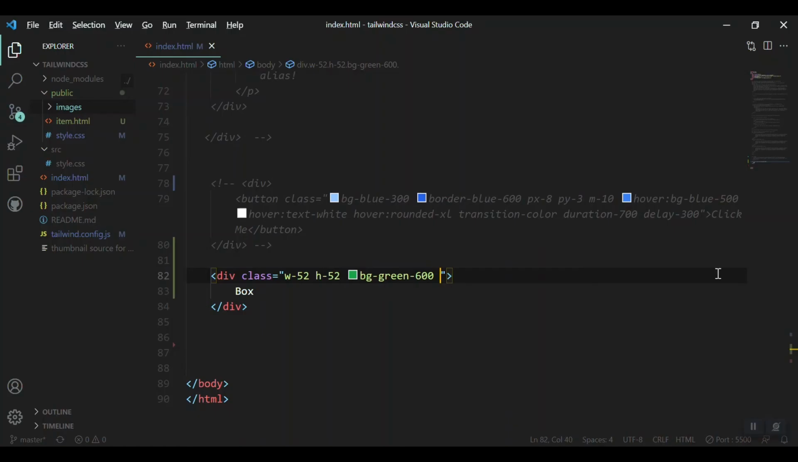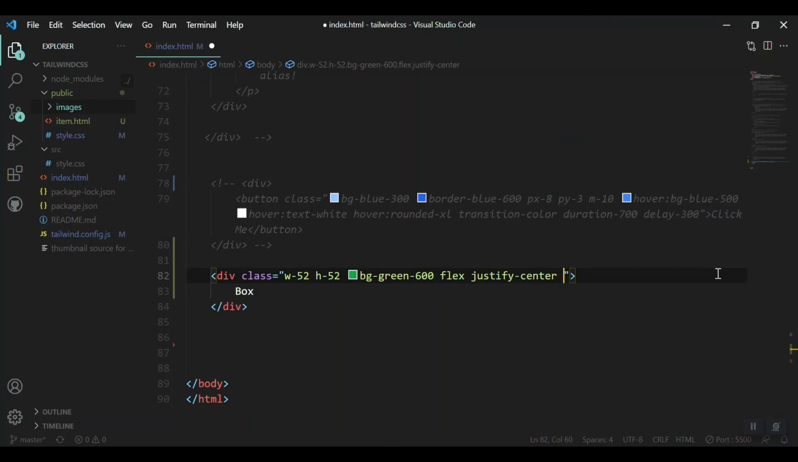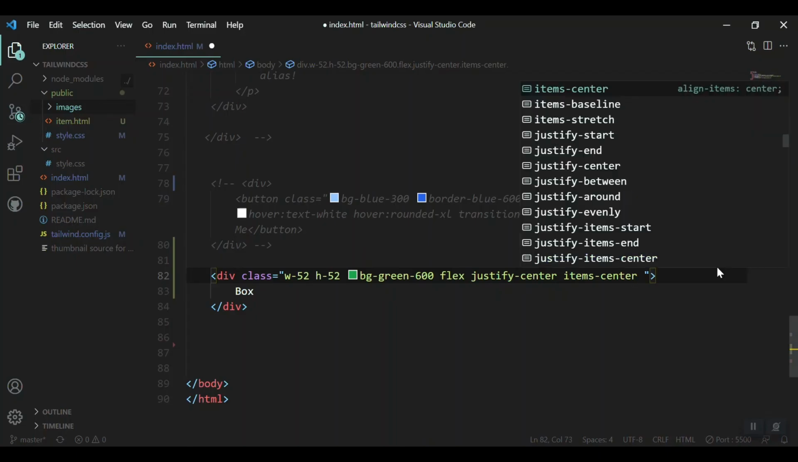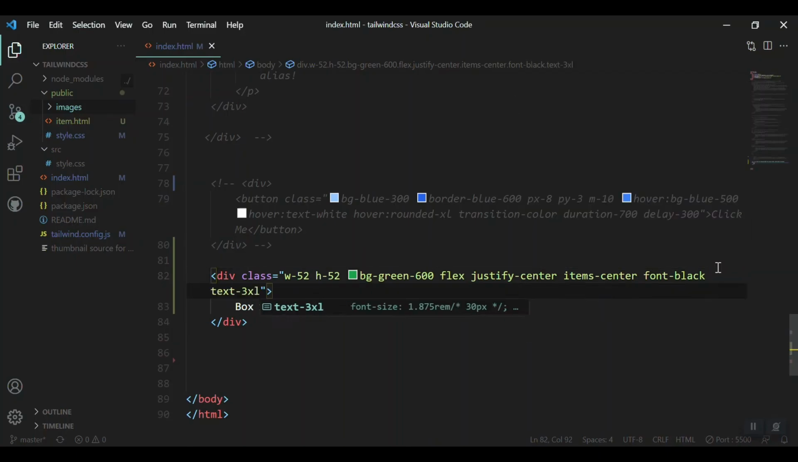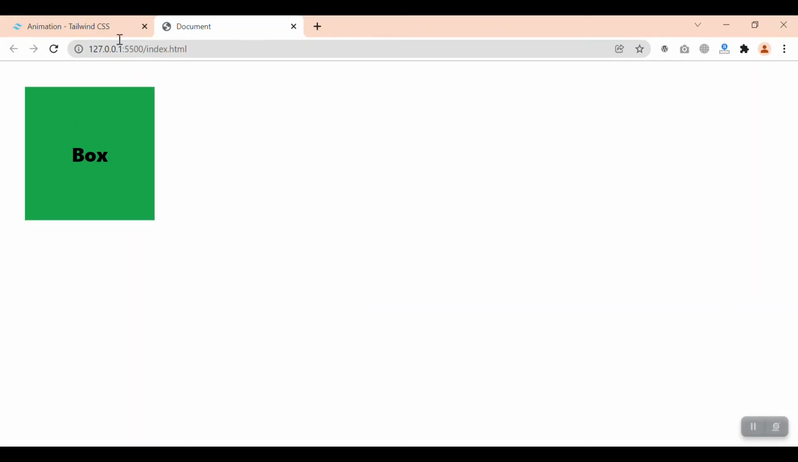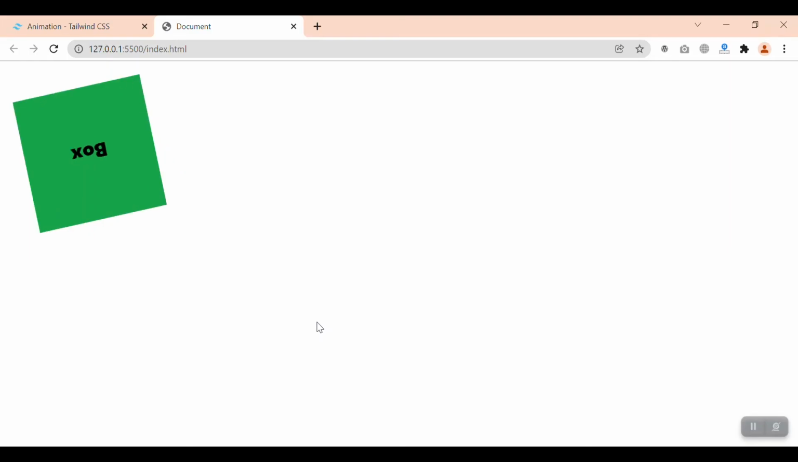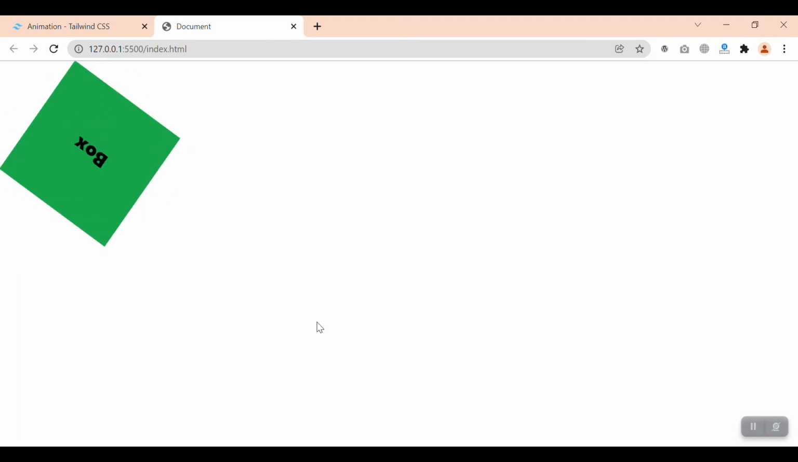Now let's bring the box into the center, with the text. Just say flex, then justify-center, then items-center. Let's save it and see. Now we can just use a bit of margin, like 4 or 5 or 10, to move it a bit here. Okay, now we can apply the animation on this one. So let's say animate-spin. Let's save it and you can see that we got the animation,